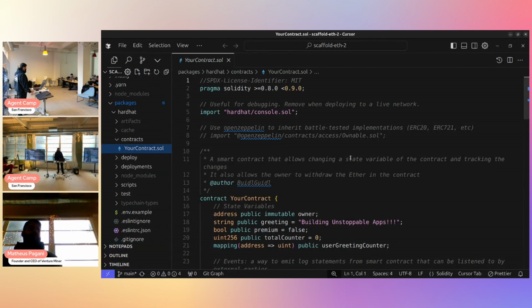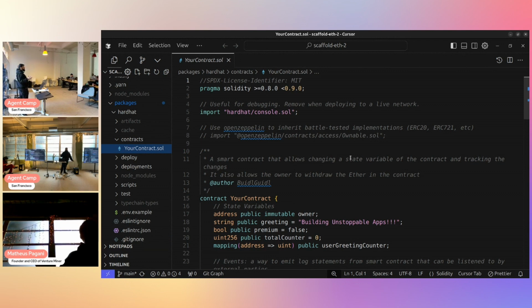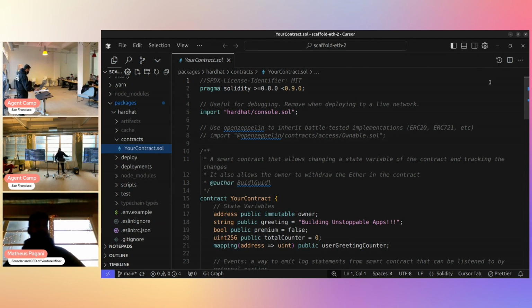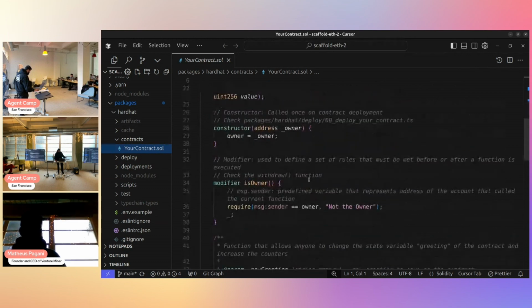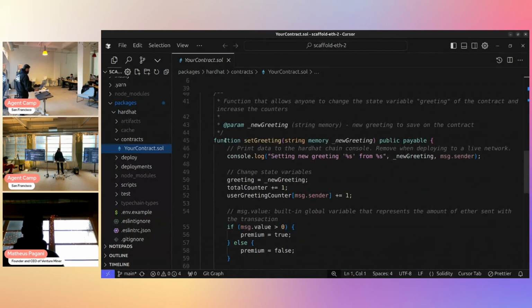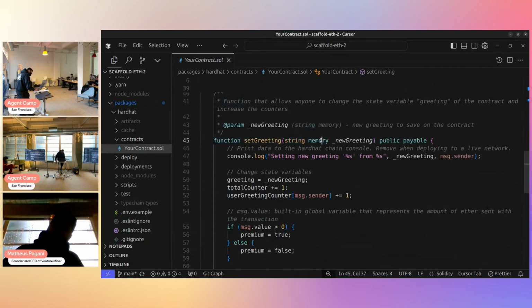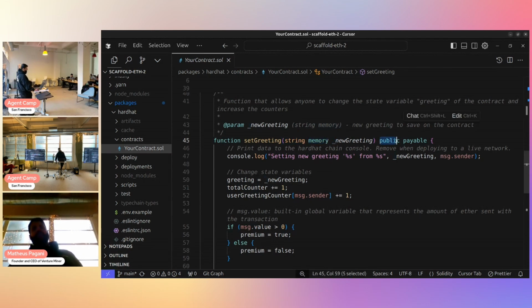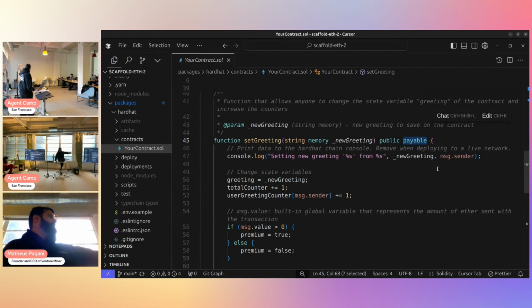Okay. Raise your hand if you don't know Solidity syntax. You have never used Solidity. Okay, good, some people. So there is some weird stuff here. For example, look at this function definition. Set greetings, and then I have a string and memory, and then there is an underscore here, and then there is the word public and payable. It is very weird. This is not similar to any other language that I know of.